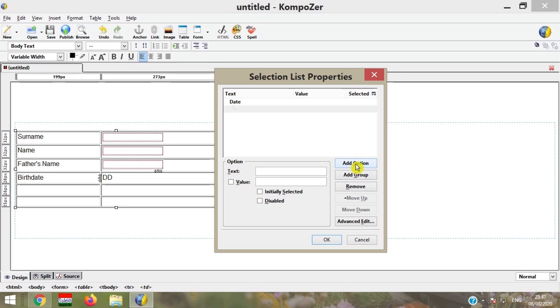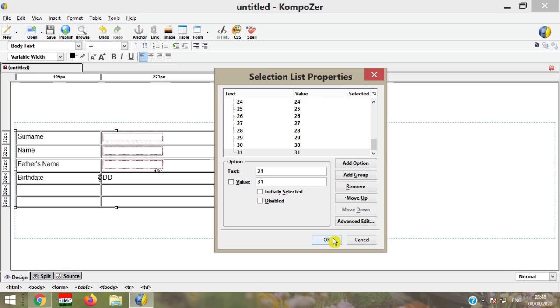How many dates are available in a month? 31. Then add number 1, add option 2, 3, 4, 5, 6, 7, and so on up to 31.